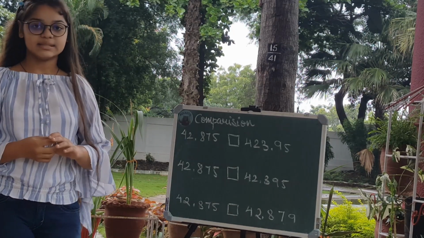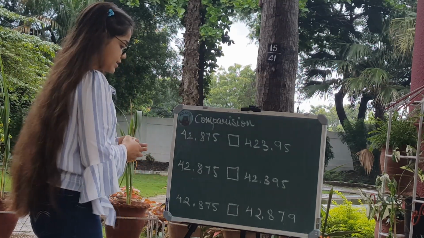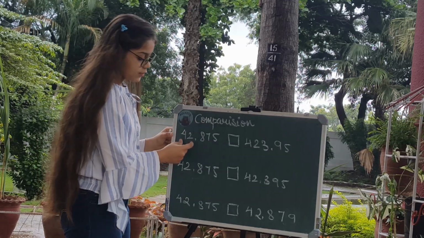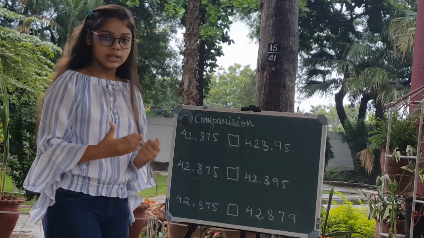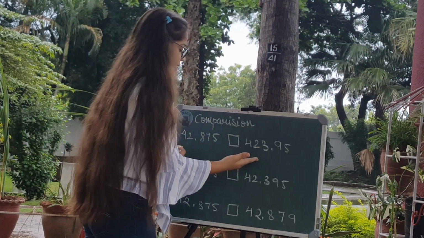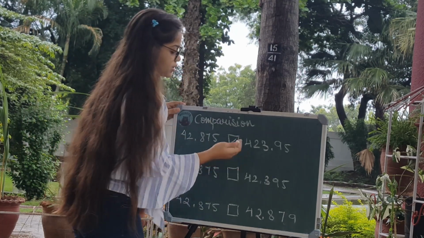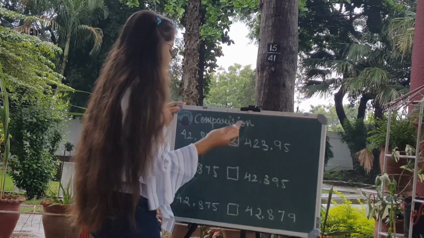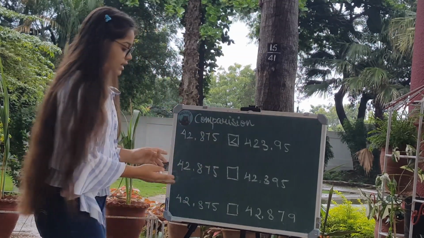Now let us move on to the comparison of decimals. While comparing decimals, you have to first see the whole numbers. So let us take the first example, which is 42, and here we have 423. I am just seeing the whole numbers right now, and here you can obviously tell that 423 is greater than 42. So this number, which is 423.95, is greater than 42.875. Next example,